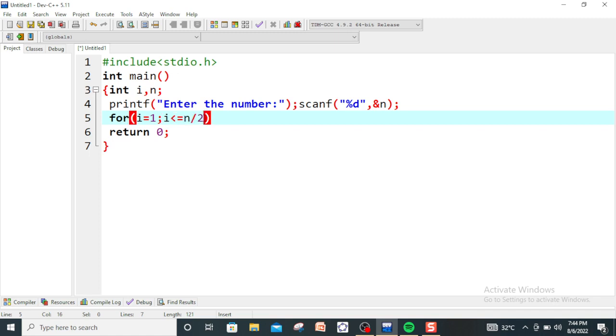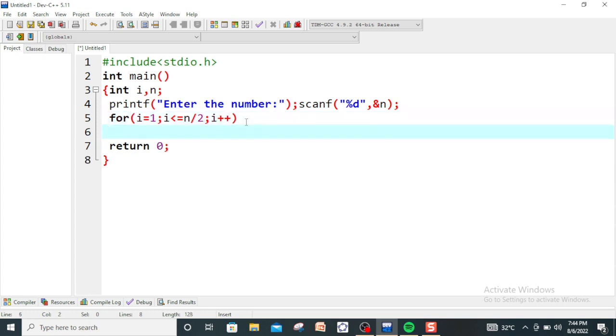Okay, I am proceeding. Thereafter I type i plus plus to increase the value of i. Thereafter I use the new keyword in this program. That keyword is if. If n percent i